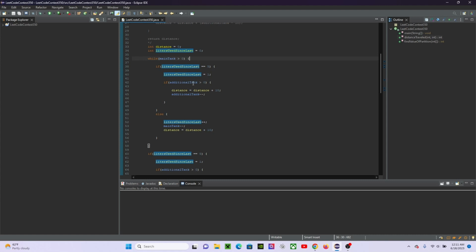So we start at 0. This is still 0. So we go down here. Then we increase liters used since we used the liter, and then we decrease how many liters we have left in the tank, and then we increase the distance by 10. So we keep doing this, and then once we've used 5 liters, we set liters used since last to 1,